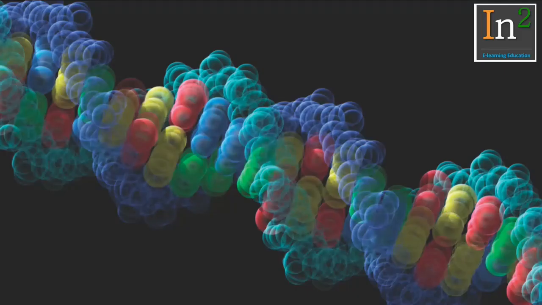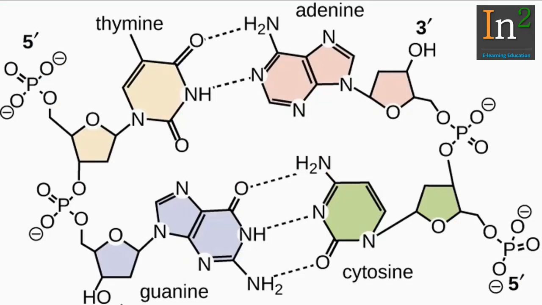It is not only proteins which show the importance of chemical interactions, but all the other biomolecules are also dependent for their structure and function on various types of covalent and non-covalent interactions. For example, the double-stranded DNA molecule. In the DNA molecule, the backbone contains a covalent bond, the phosphodiester bond, which is responsible for the polymerization of nucleic acids. Bases interact with each other. For example, adenine pairs with thymine or guanine pairs with cytosine with the help of non-covalent interactions, that is hydrogen